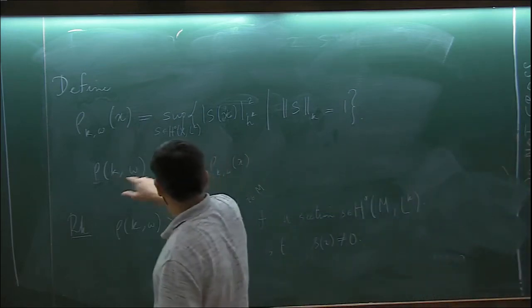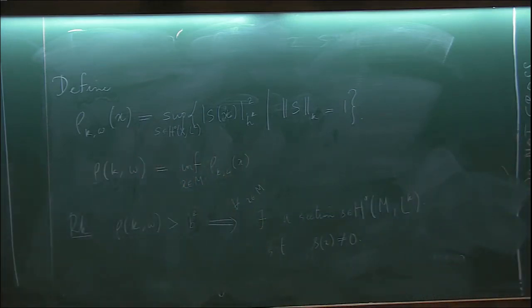You're taking the infimum over all these numbers, which means that if that has a uniform lower bound,